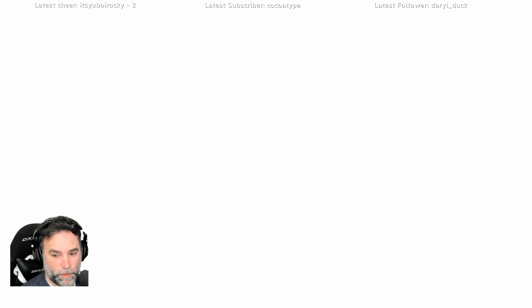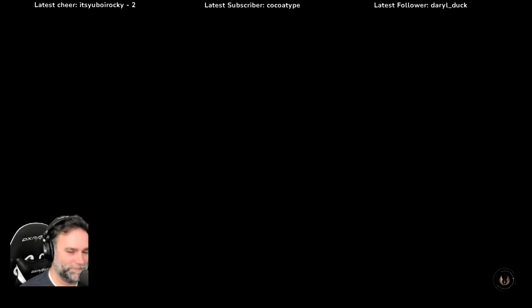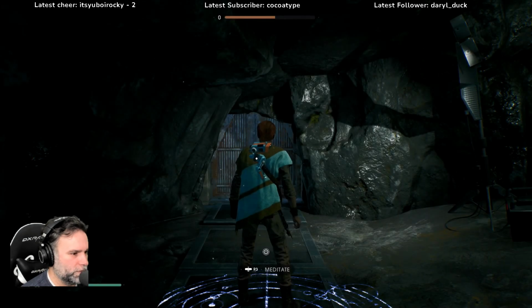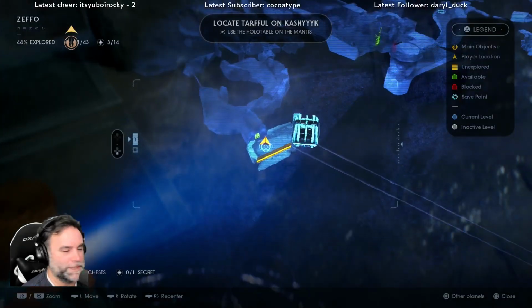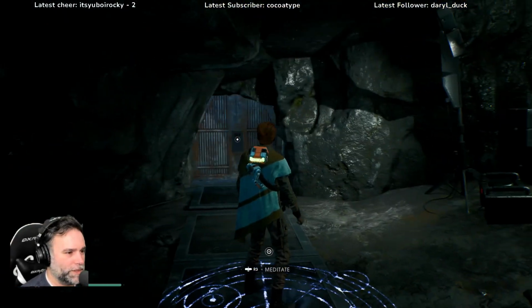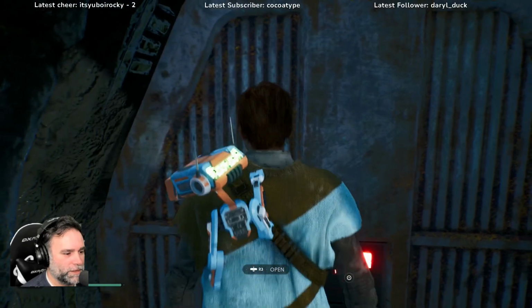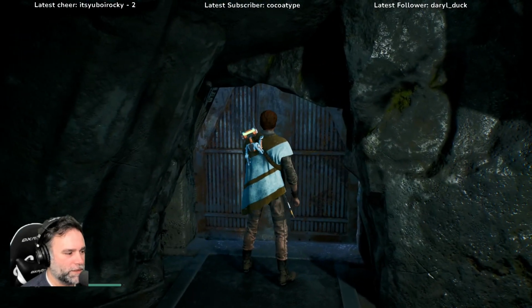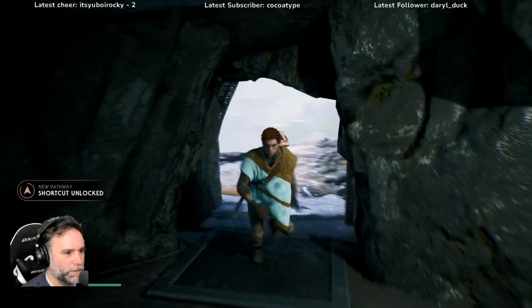Okay, last week we played this and we were trying to escape the world of, why can't I think of it, it's like the second planet, Eclair or Espinosa or something like that. What is it? What is this? Zeffo. I was way off. There is an Imperial walker that's guarding this, and we totally got wasted when we tried to